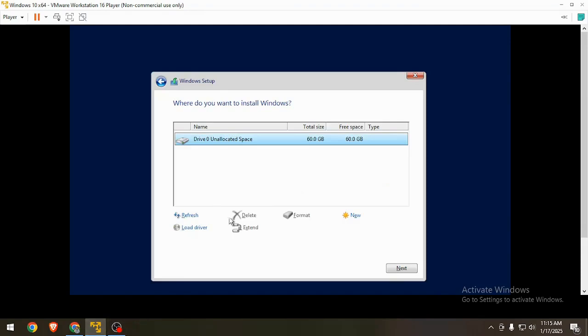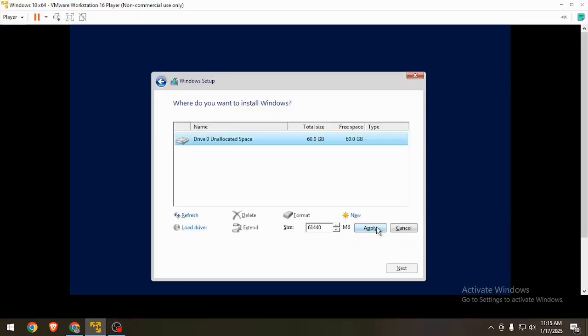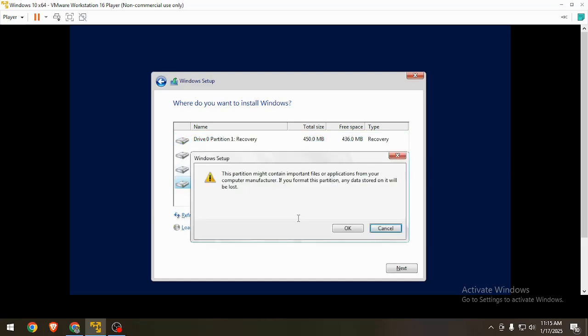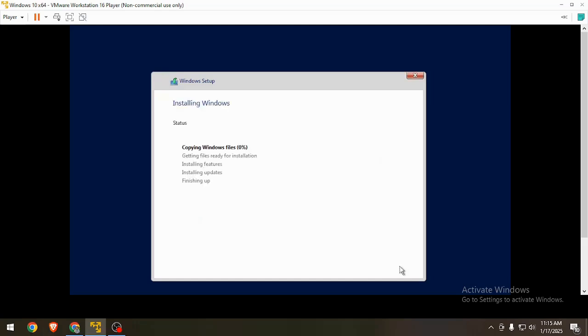Click new, and then create a new partition for you to install your Windows server, and then format. Put your Windows Server 2016 into your primary partition. Then let's just wait.